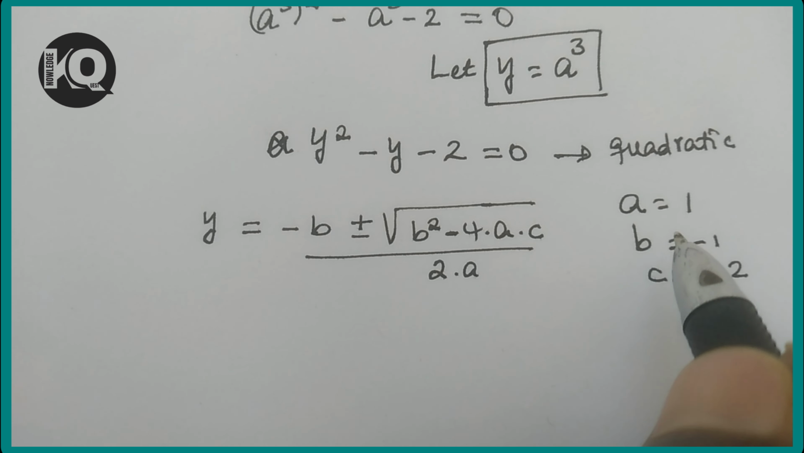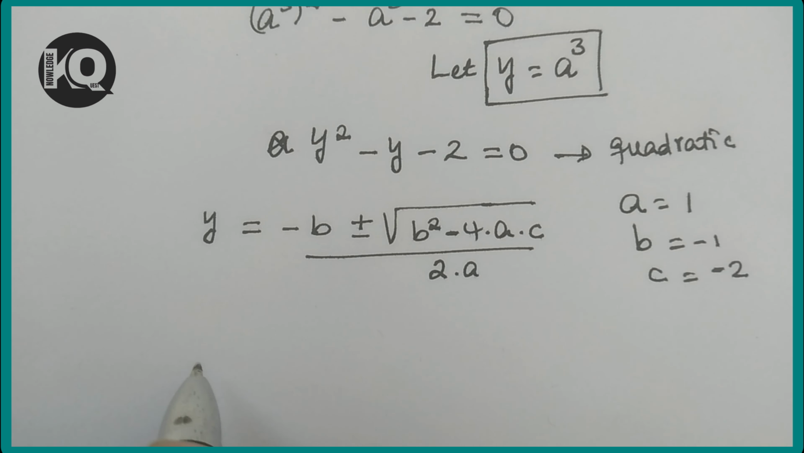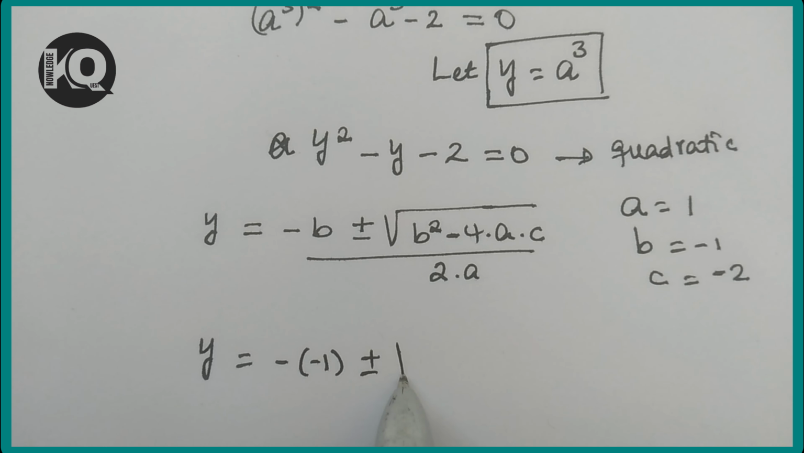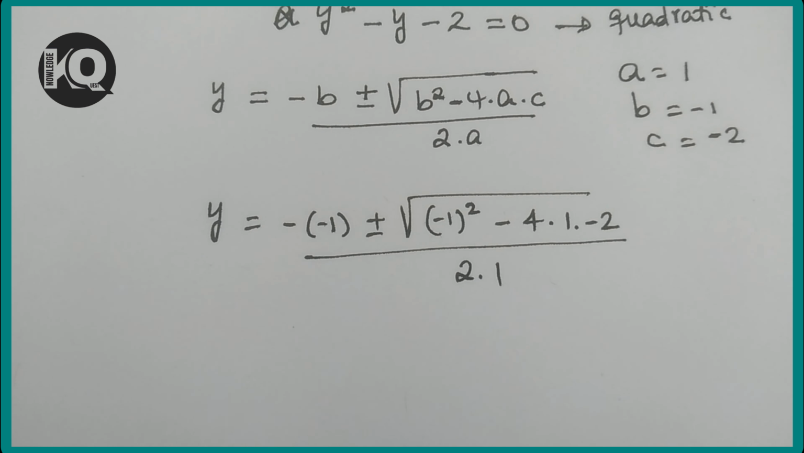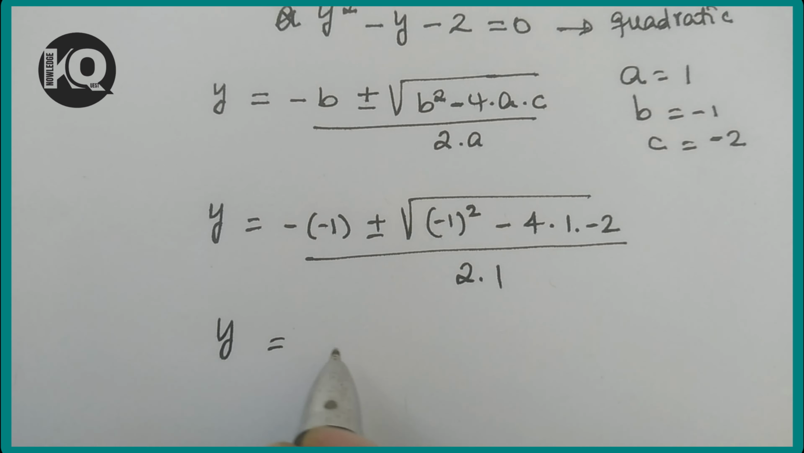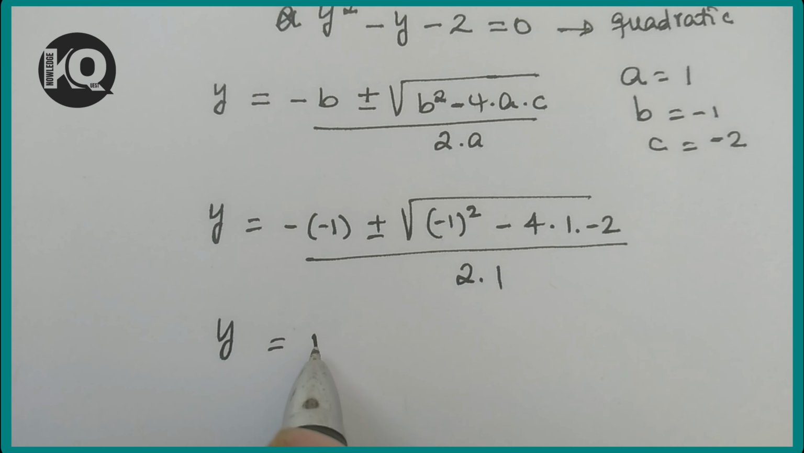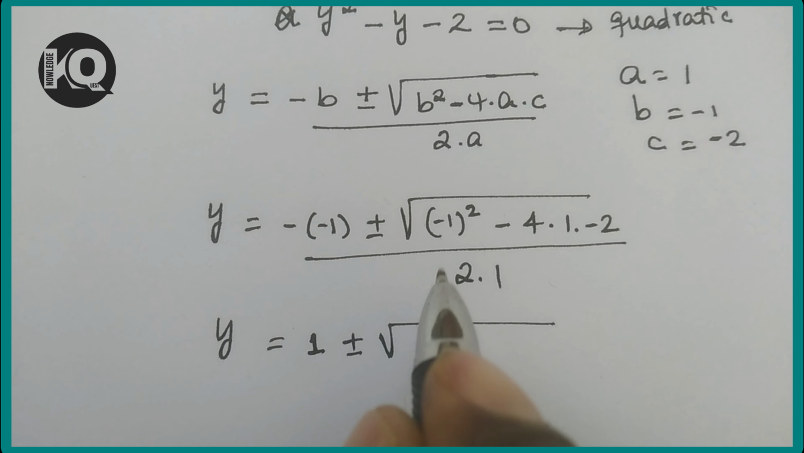Now substitute these values of a, b, c into the quadratic formula to find the value of y, which is equal to minus the value of b, which is minus 1, plus or minus the square root of b, which is minus 1 squared, minus 4 times a, which is 1, times c, which is minus 2, divided by 2 times 1. So y is equal to minus times minus, which will be plus 1, plus or minus the square root of 1, minus 1 squared will be 1,